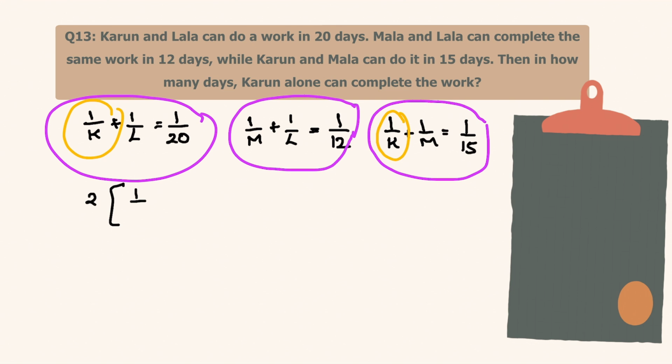Here 1 by k is given, 1 by k is given. So 2 times 1 by k. 1 by L is here, 1 by L is here. 2 times 1 by L. 1 by M is here, 1 by M is here. 2 times 1 by M. Meaning 1 by 20, 1 by 12, 1 by 15. On solving, we will get